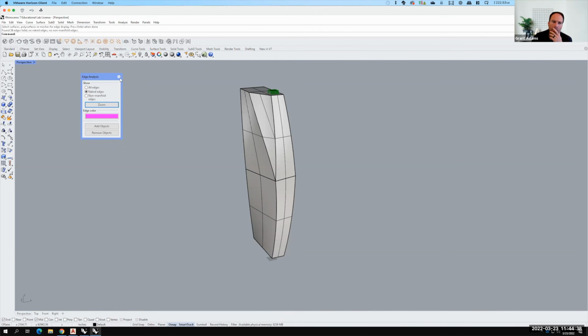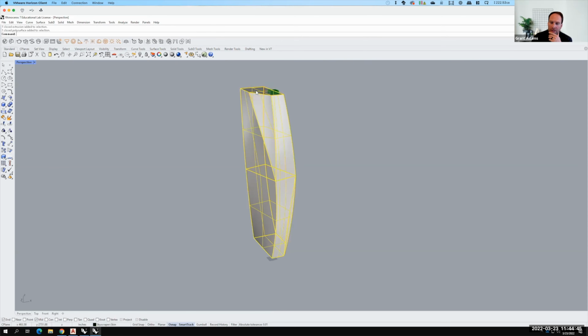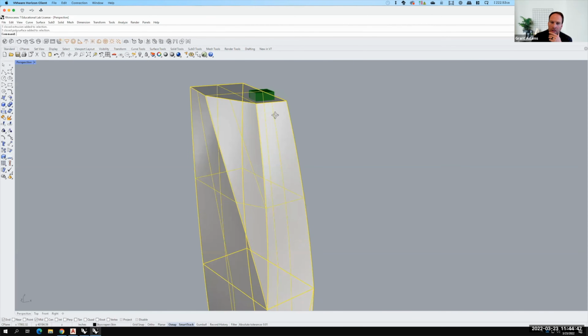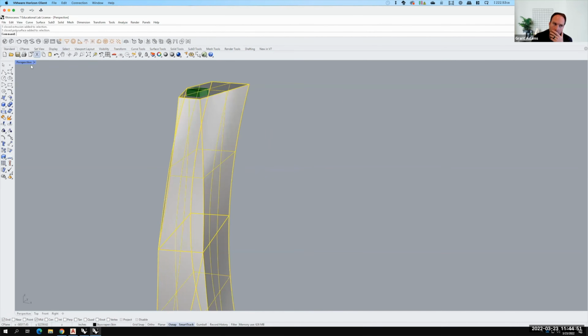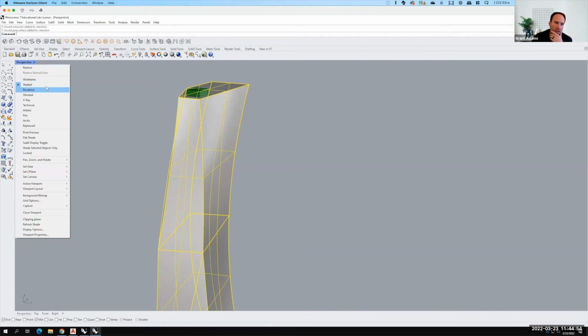The problem is I have two separate objects that are part of the 3D printing. I have the elevator core and I have the building itself. What I need to do is I need to make those into one object rather than two. So let's do some trimming. I'm going to switch over into my,